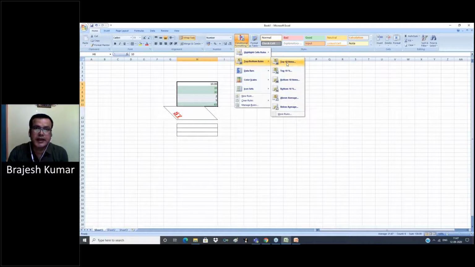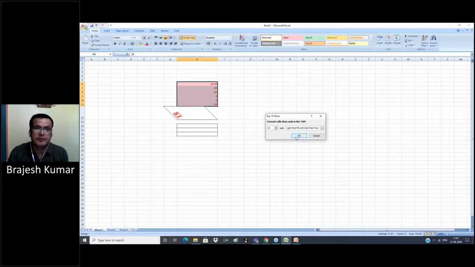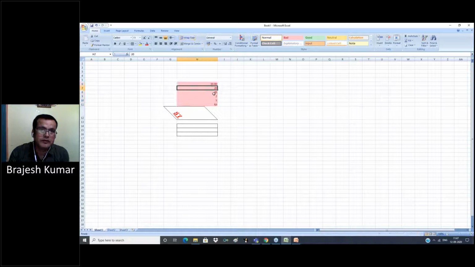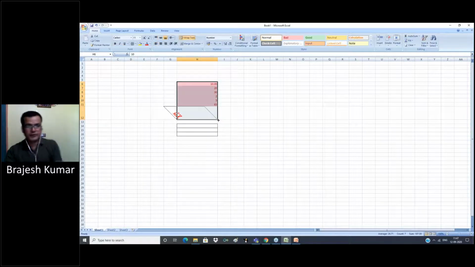Another option is top 10 items, top 10% items, bottom 10 items. To select the top 10 items, this will select the top 10 items from heading to bottom.